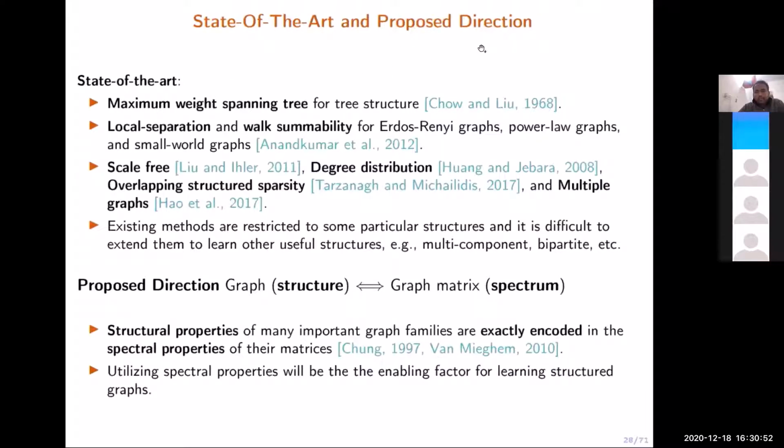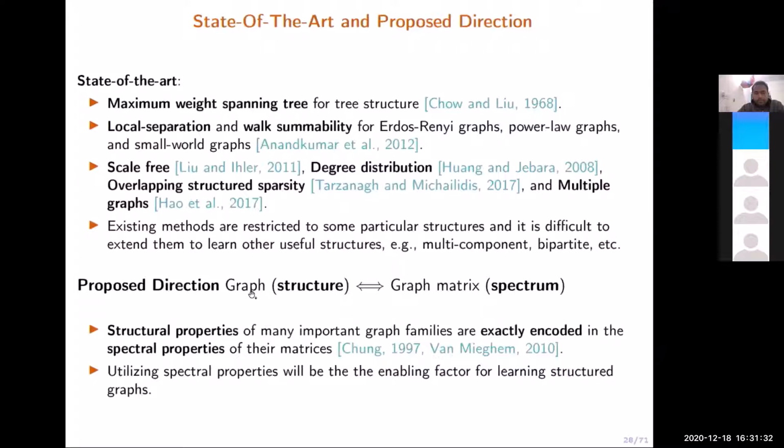It started with the Chow-Liu algorithm in 1968, which showed that if the underlying graph structure is a tree graph, then maximum likelihood estimation with a maximum weight spanning tree will give you a tree structure. Similarly, for different structures there were different specific papers and algorithms, but there was not a general framework or black box which can lead to multiple graph learnings. So we realized that there was an important thing missing in existing work that had been overlooked.